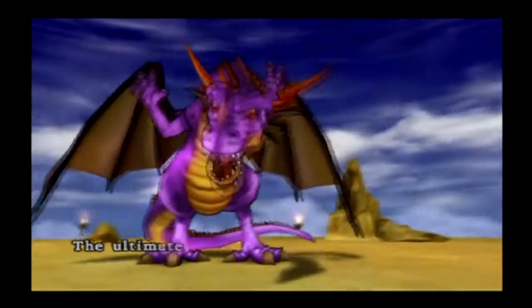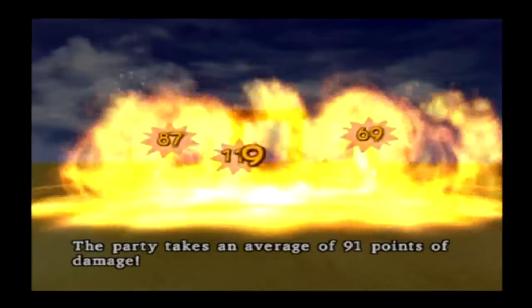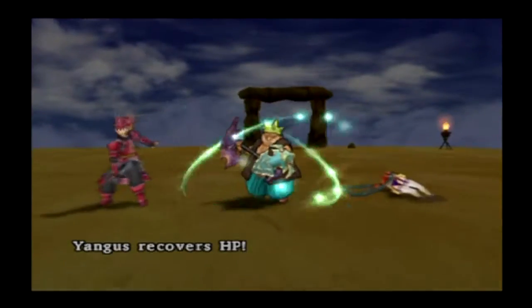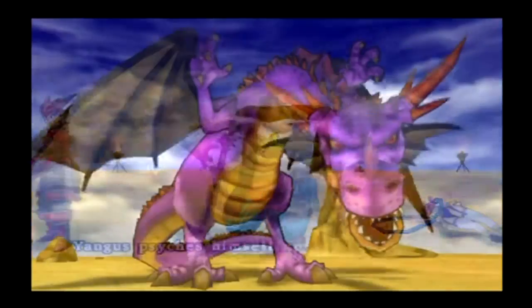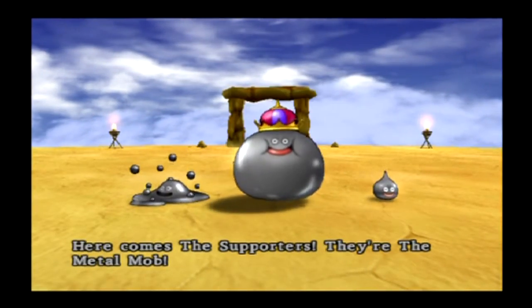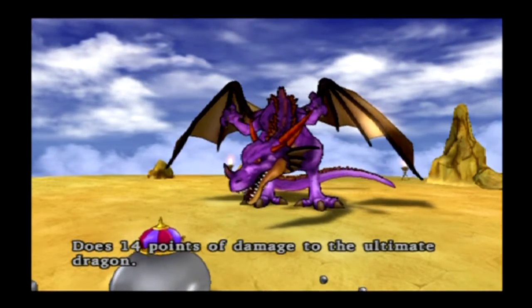God, poor Jessica, man. Poor Jessica. I'm so sorry. There's the flame breath. He literally used it once. So, there you go. He's normally going to be tensioning up and attacking you. That's what he does. That's pretty much it, though. Alright, here comes the metal team. The metal mob. I think using them to take some hits here, so...